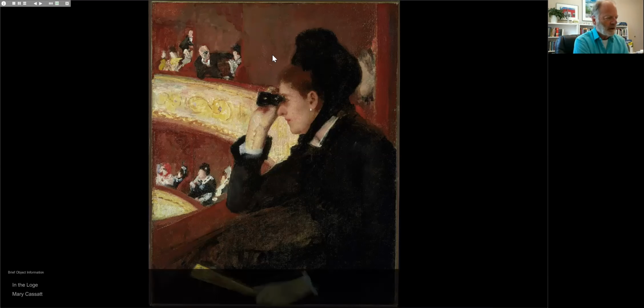And here we see a female figure again from the side, in this case, with opera glasses, looking around her. The front of the loge sweeps around so that we have other figures in view, a little larger than in the last work. And one of them, this man right here, is looking through opera glasses, and he seems to be looking at this figure. So the painting is very much, in this case, more directly about looking and being seen.